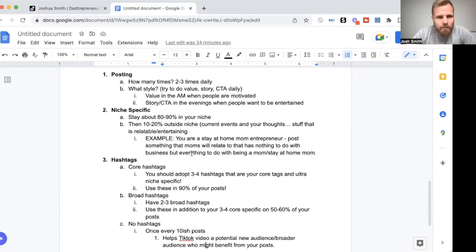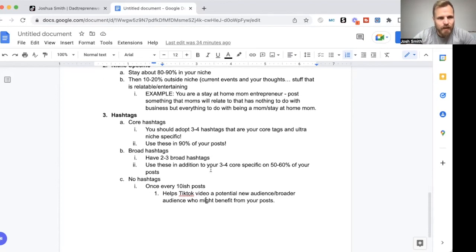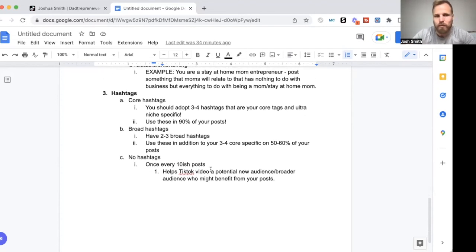It doesn't have to be anything complicated. It could literally just be you talking like, hey, I struggled today. I felt like I was struggling today. With the kids, they did this, blah blah blah. Whatever it is. Okay, again, you don't want to create a pity party, but it's okay to be vulnerable. But I like to stick mainly to relatable, entertaining content for that stuff that's outside of your niche. Okay. And then hashtags are not super important. Okay.